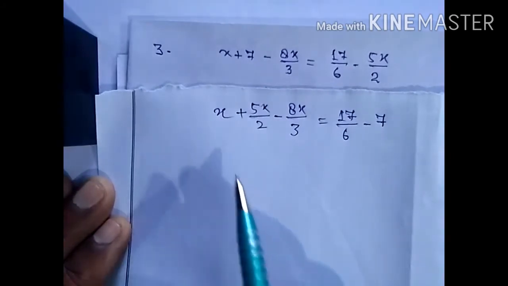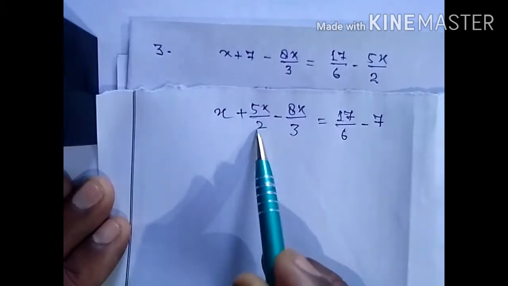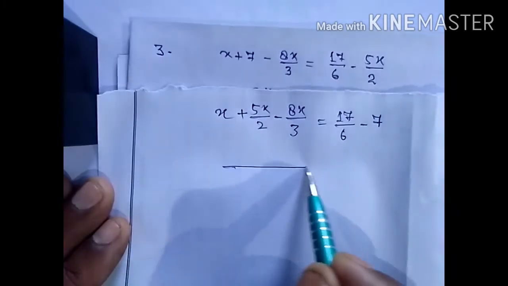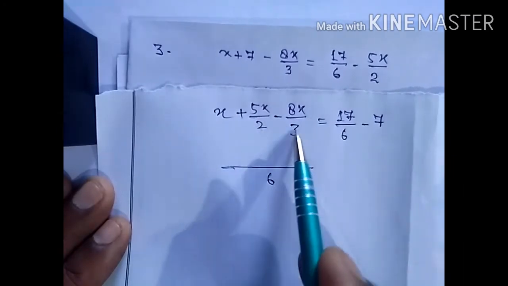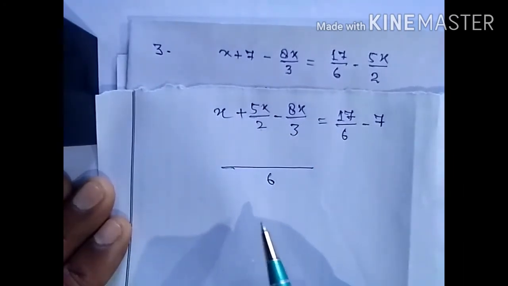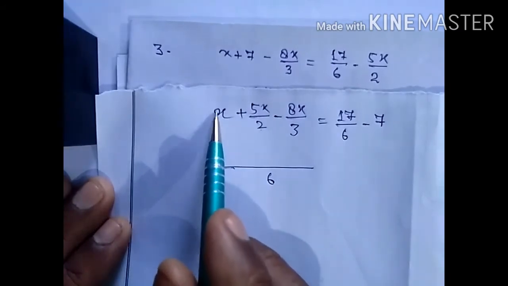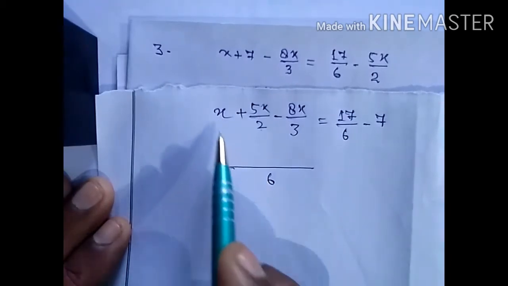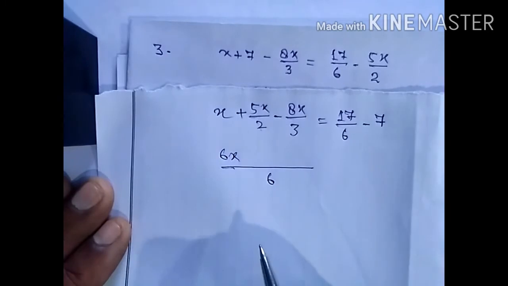Now we have to take the LCM of the denominators, students. So this one 2 and this one 3. LCM of 2 and 3, and here it is 1, student, x by 1. So LCM will be 6, student, because the numbers are 2 and 3. So 2 3s are 6 and 3 2s are 6. So after taking LCM as 6, we have to multiply this x by 6, because the denominator here is 1. So 1 6s are 6. So multiply this numerator x by 6, so it will be 6x.